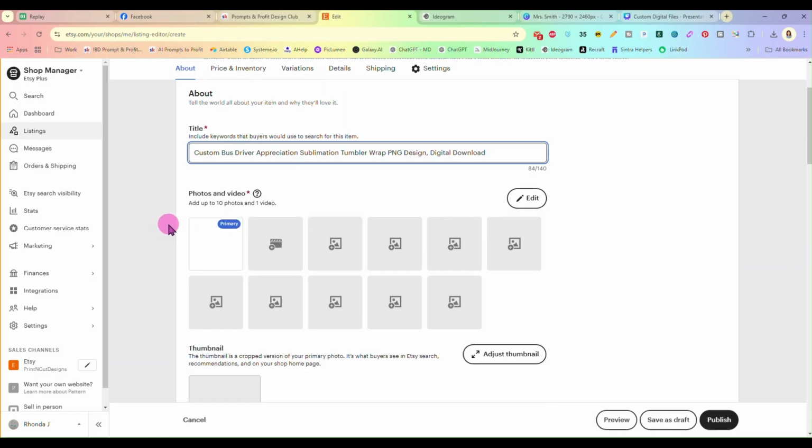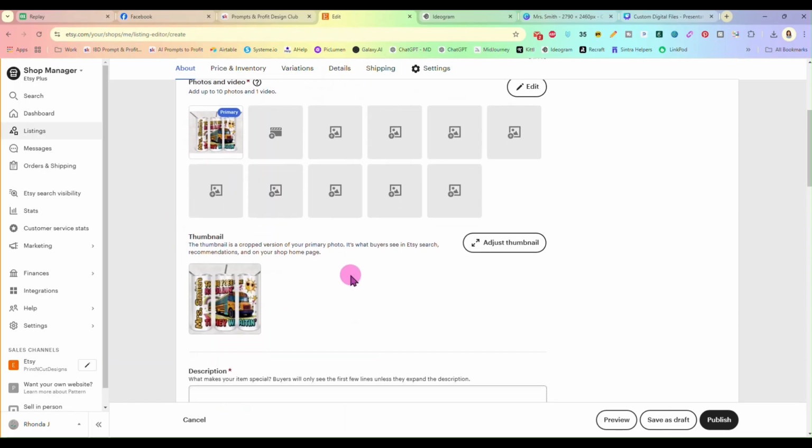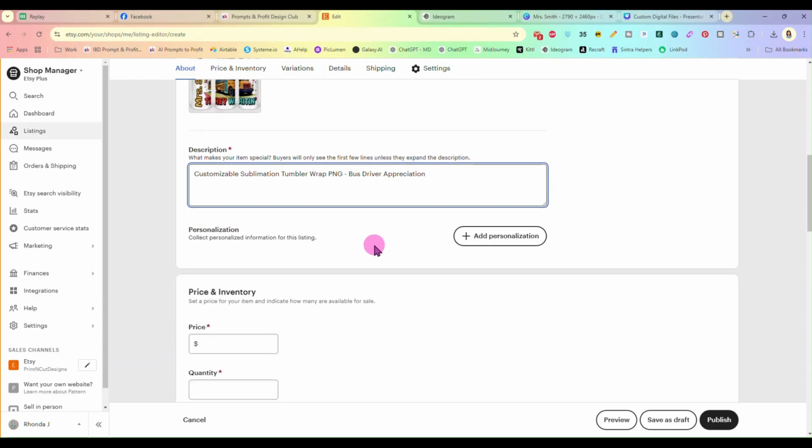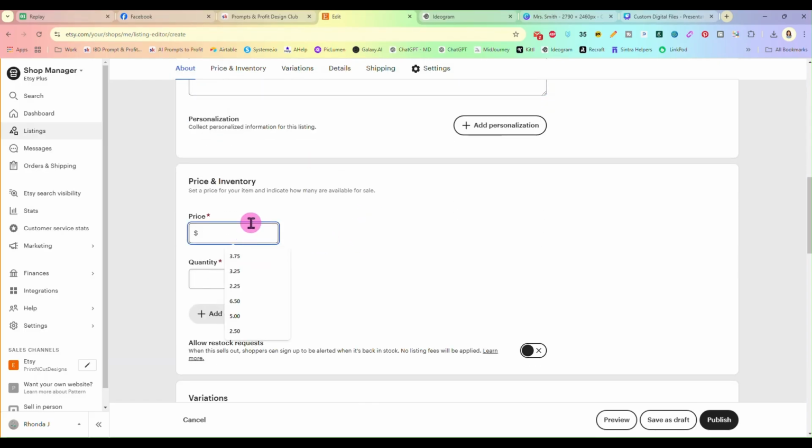And now there's our thumbnail. This is what people will see. Obviously, if this was a real listing, you would have more than one mock-up here. And then your description, customizable sublimation tumbler wrap, PNG, bus driver appreciation. All right, and of course your description would be longer, but for this purpose I am just making it short and sweet. And then your prices and quantity you have,